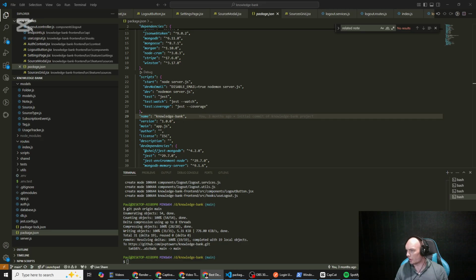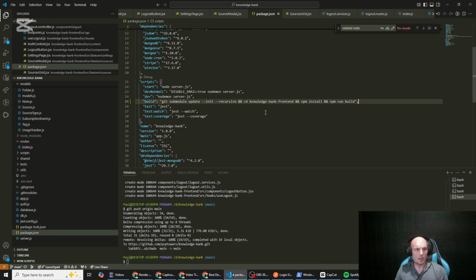So basically we're just going to take this build command and we'll run that. Then git submodule update init recursive. Okay, copy. So we need to also push this git